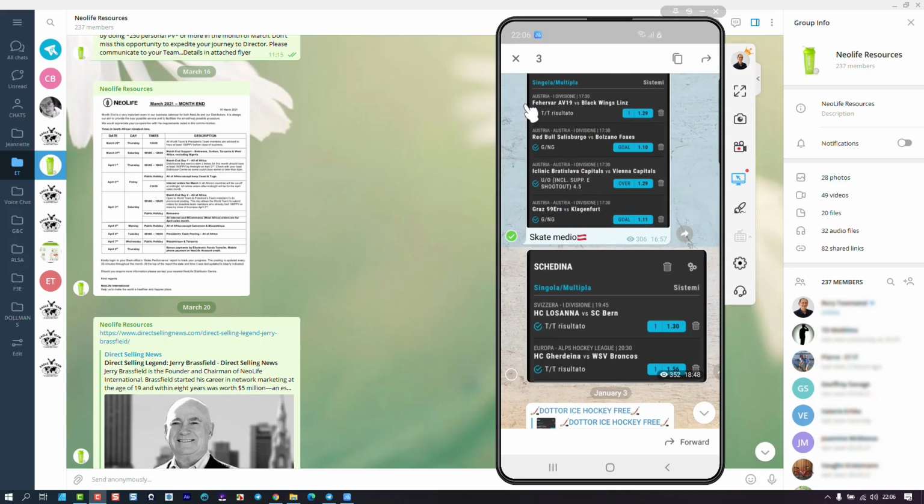So what you're going to do now is, when you select this, on top here you can see it says copy. That's if you just want to copy it and paste it somewhere. Or the other button, it says forward. You look at the bottom, it's the same, it says forward.